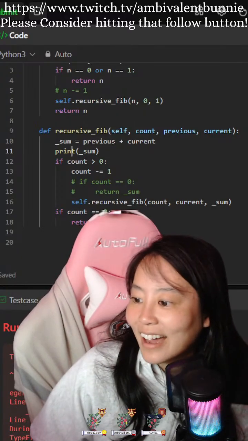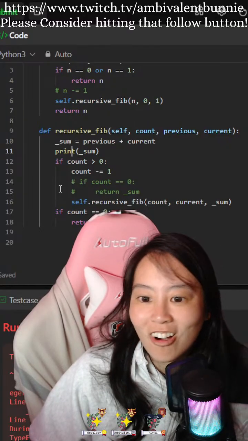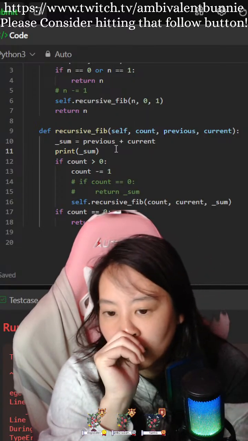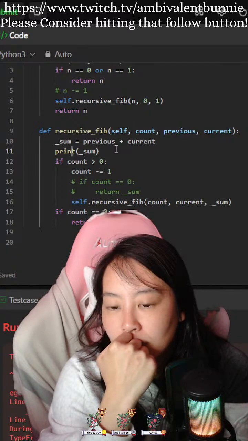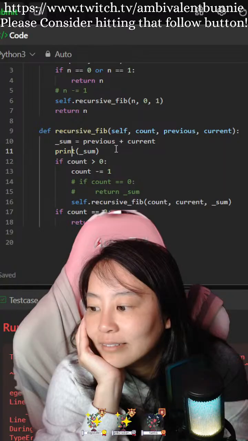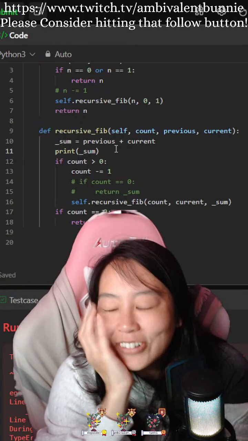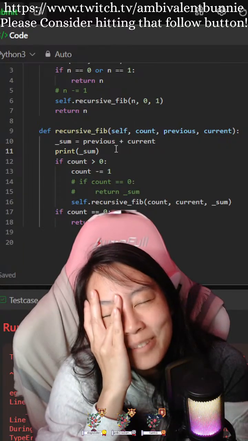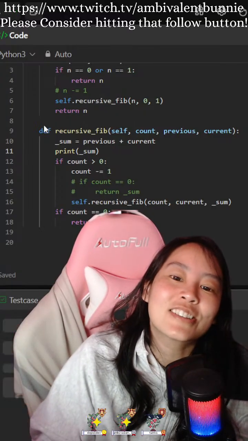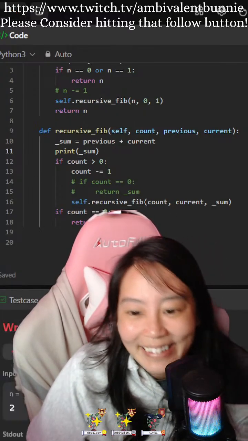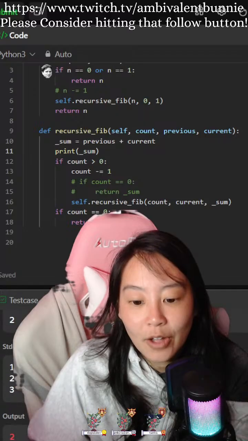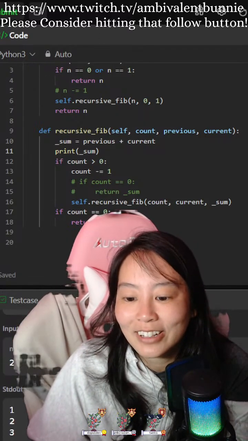Count is n, yes, but I know that my count is wrong. I guess I should have if count equals n. Yeah, I know I need a return in the middle of the recursion or whatnot, but this is what I was having issues with on the previous problem. Okay, output. Okay, we got something different. Oh no, just kidding. No, we don't. Okay.